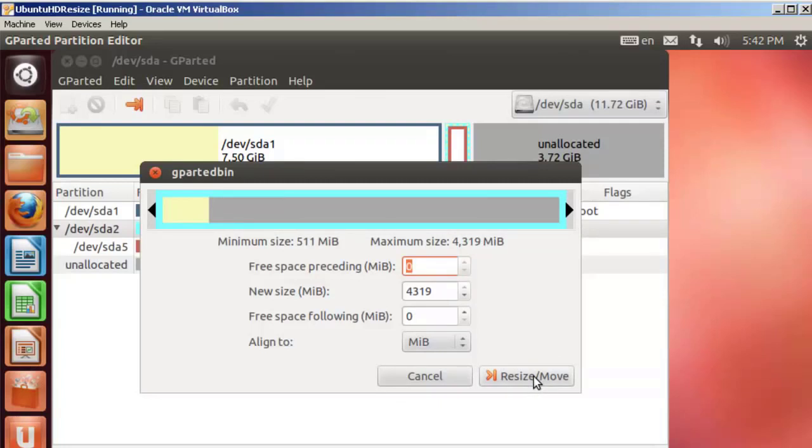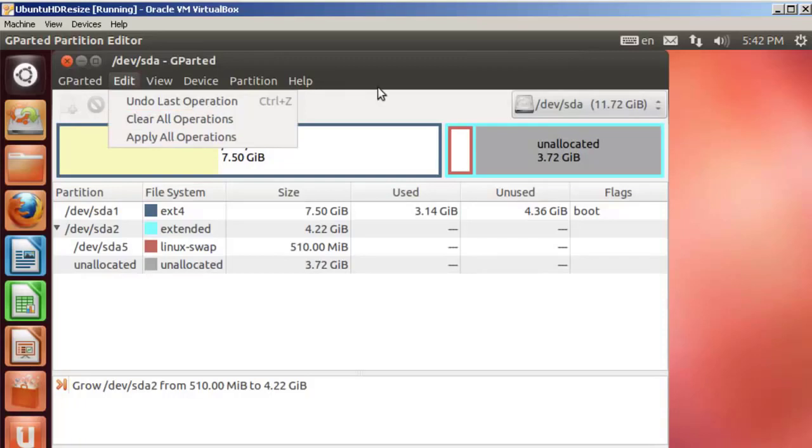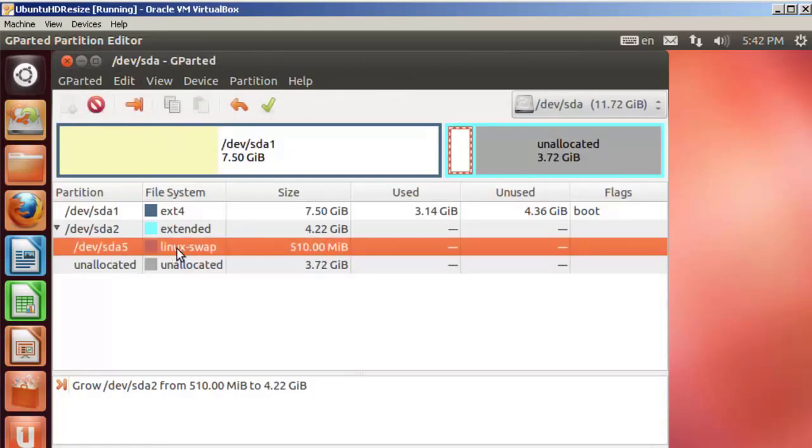Click on resize, move. Now, this is not happening now. These are the steps that we're taking. We're just making what we're going to do, and at some point in the future, we're going to apply all the operations. So the next one we're going to do is Linux swap,